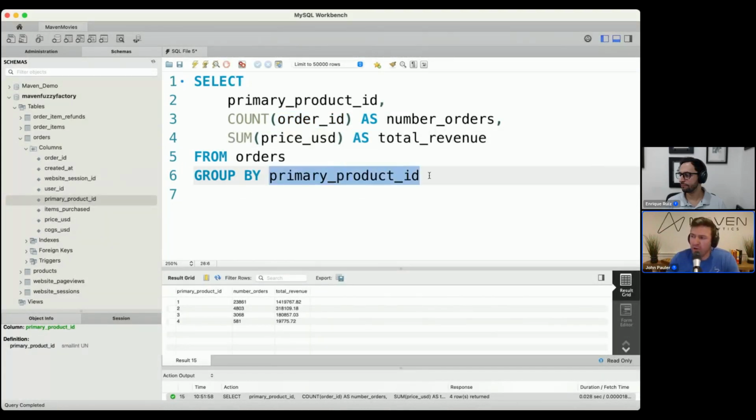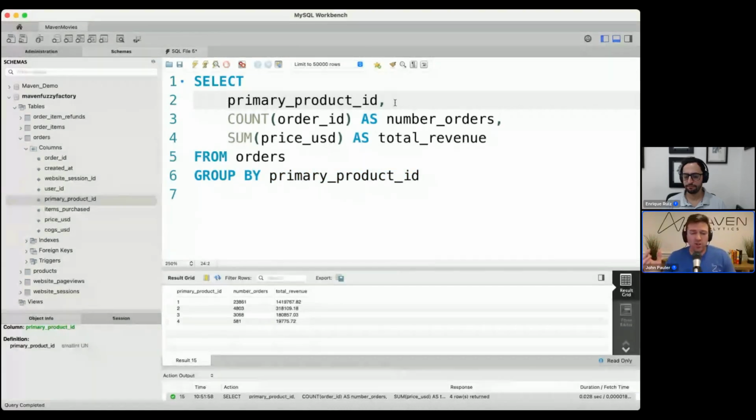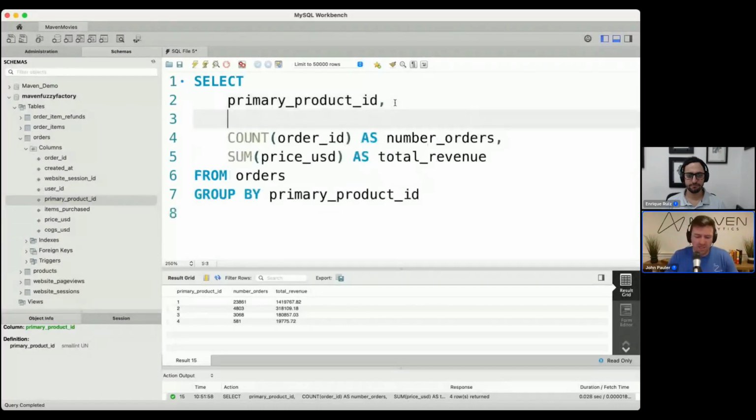And so the non-aggregated column, if you're going to use aggregate functions and a group by, all of your non-aggregated columns have to appear here in the select. Again, there's a setting in MySQL where you can have it ignore this error, and I hate that it even exists, because in the other platforms that setting doesn't exist, so your query would totally fail.